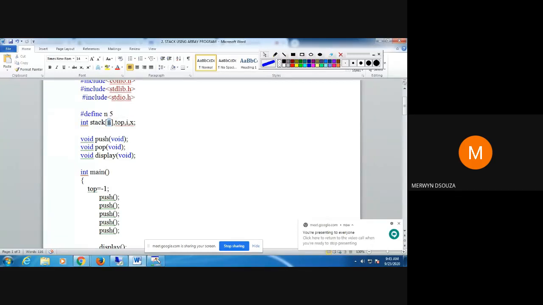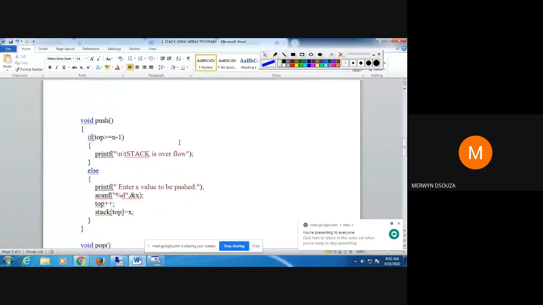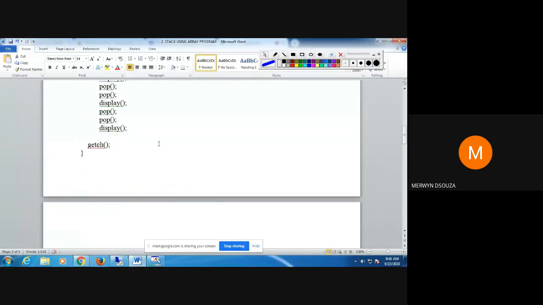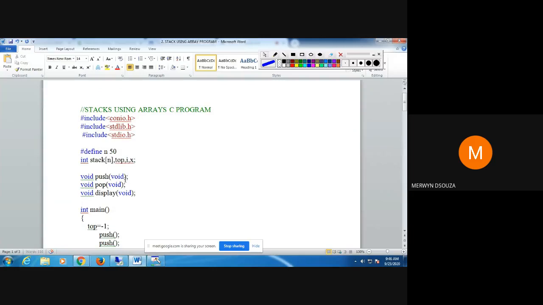Why 5? Because I have defined that here. That's an easy way of changing the value of n. Suppose I want it as 50, I could just make it 50 here, and everywhere in the program n will be replaced by 50.